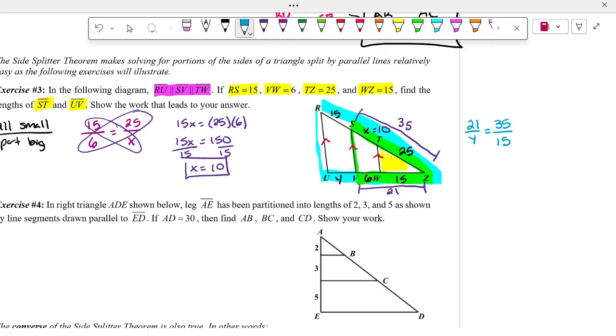How do we know what goes over what? It has to be on the same side. So in other words, if you look at the big triangle, anything that's on this side,